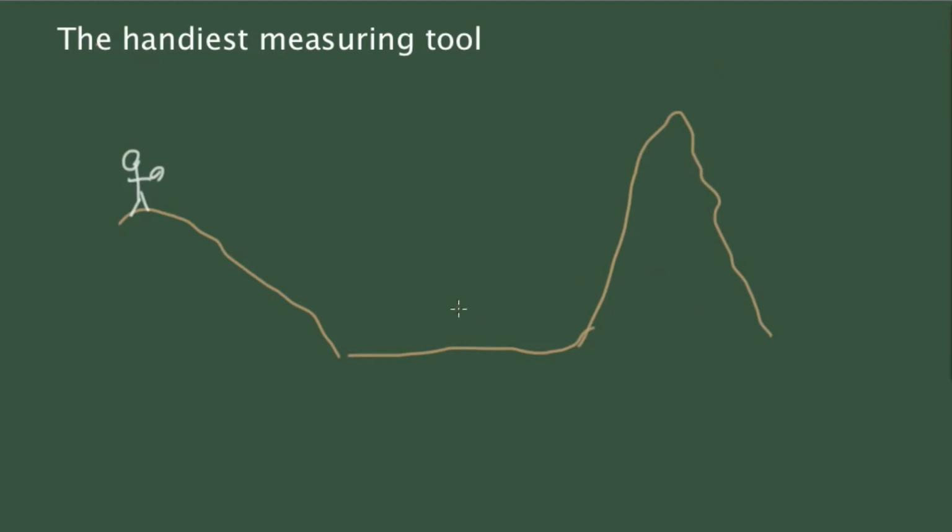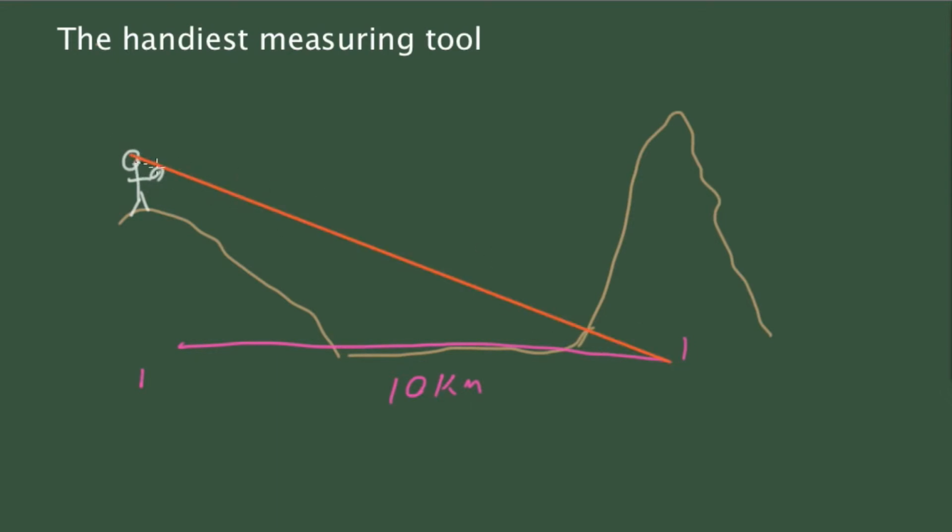And well, I know from my GPS that the mountain is located about 10 kilometers away. So from my current location to the mountain is about 10 kilometers. And again, I stretch out my arm. I try to do a measurement of the angular coverage of this mountain, and this time I noticed that only